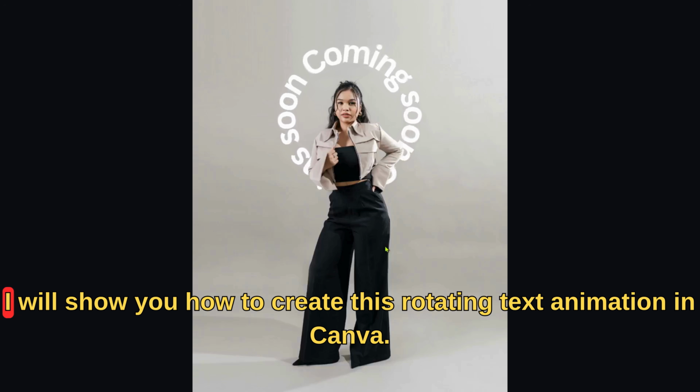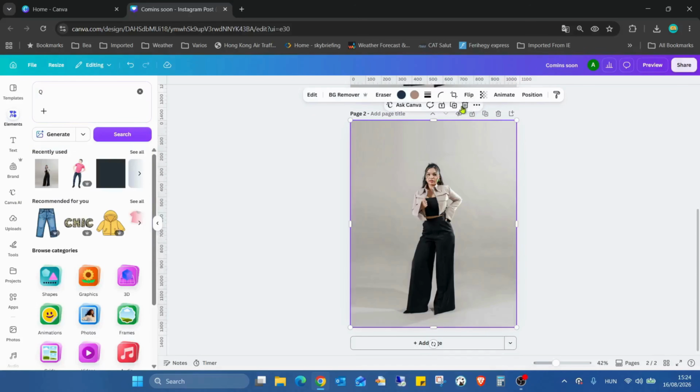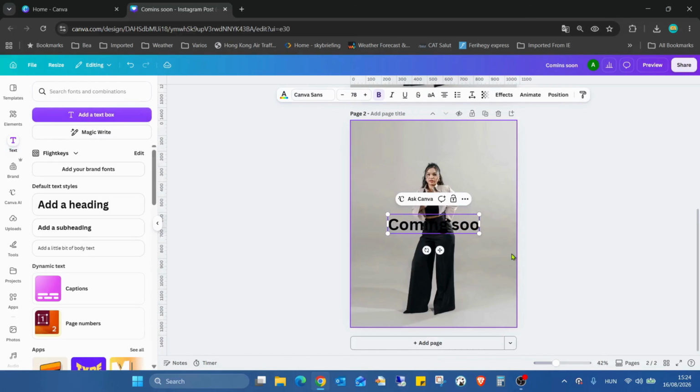In this quick tutorial, I will show you how to create this rotating text animation in Canva. I added the same image. First, we need to duplicate. Then we have to remove the background and go into the text, add heading, coming soon,